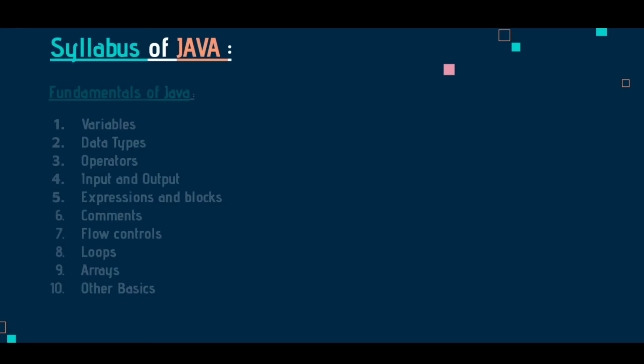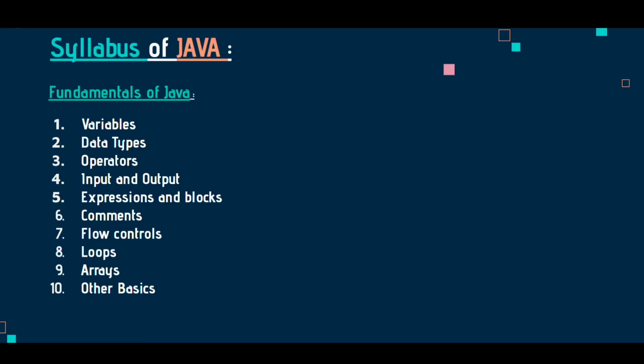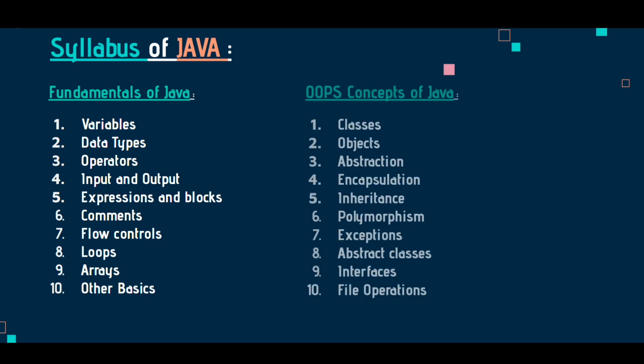Now let us dive into our syllabus of Java. The syllabus is partitioned into two parts. The first one is fundamentals of Java, which includes basics of every programming language such as variables, data types, operators, input and output, arrays, etc. On the other hand, we have OOP concepts of Java, which includes classes, objects, abstraction, encapsulation, and inheritance, etc. We will discuss each and every topic in a clean and